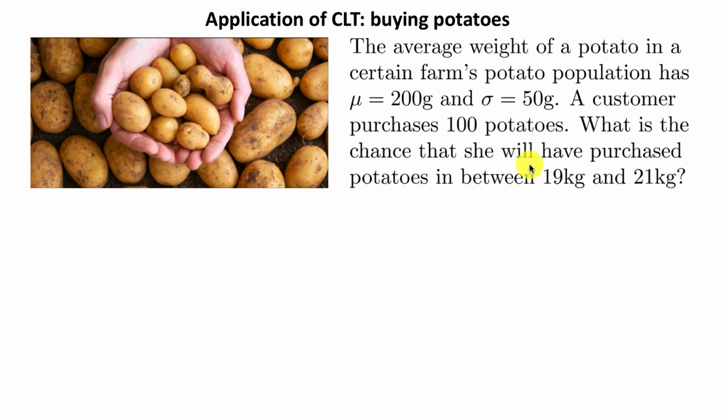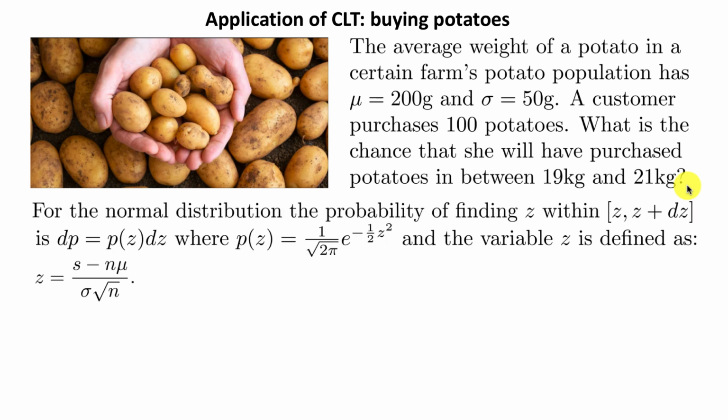What is the chance that she will have purchased potatoes weighing between 19 kilograms and 21 kilograms? So now we are talking about n equal to 100 and the total weight of 100 potatoes. Well, the solution is as follows. This will be normally distributed as a Gaussian, and the probability of finding z in this interval dz, from z to z plus dz, is, as we've discussed, p of z dz, where p of z is this Gaussian, and